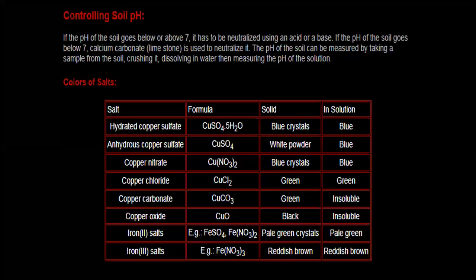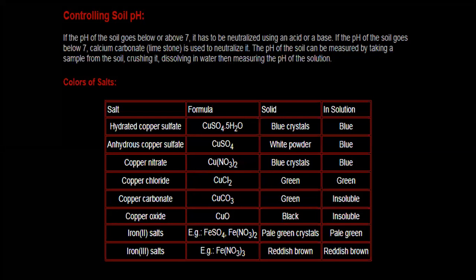Because different plants grow in soil of different pH, that's why we need to control it. Most of the time, because of acid rain, our soil becomes too acidic. That's why we need to neutralize it. We know how we can reduce the effect of acidic pH: by adding an alkali, like calcium hydroxide or calcium oxide. These materials will react with the acidic content of the soil, and it will be neutralized.